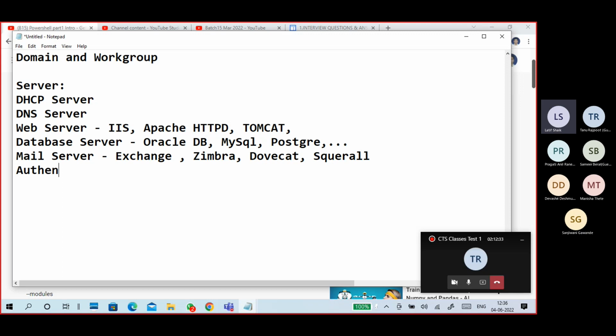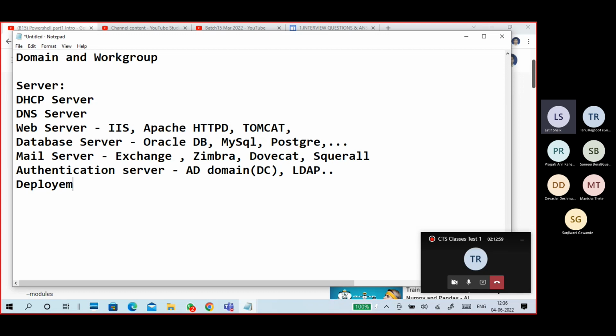Authentication servers: our Active Directory domain means domain controllers, LDAP servers, OpenLDAP servers, a lot of other authentication servers are there. Kerberos, we are using Kerberos authentication servers.